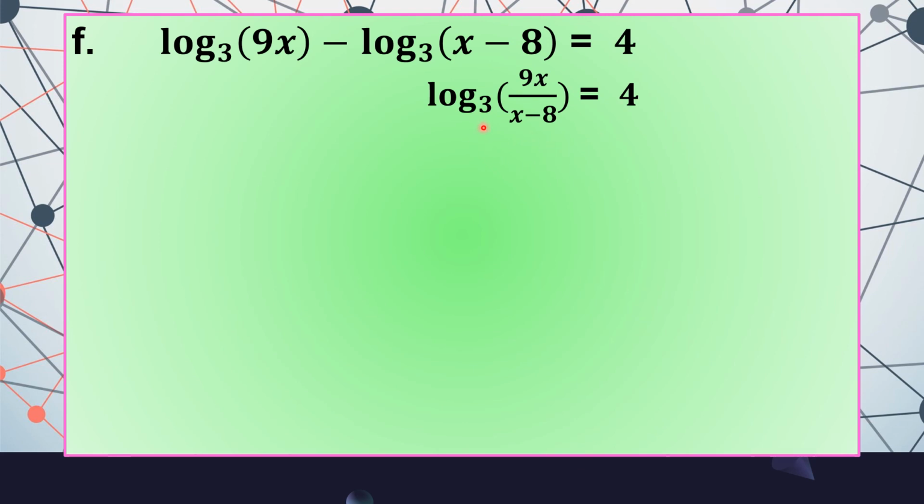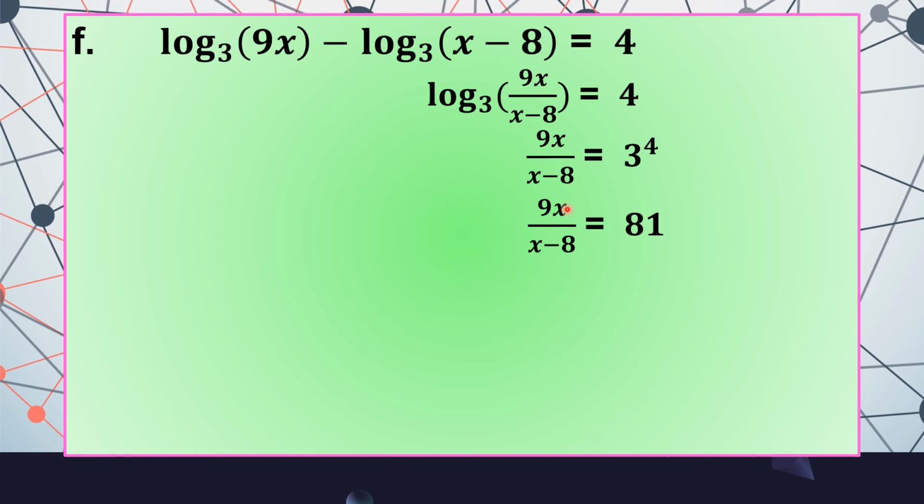So, our base in the log is also the base in the exponential form. And the answer of the logarithm is our exponent in exponential form. And 9x over x minus 8 is the answer in exponential form. So solving for x, we have to simplify first 3 raised to 4. And 3 raised to 4 is equal to 81. And just copy 9x over x minus 8. Solving for x,